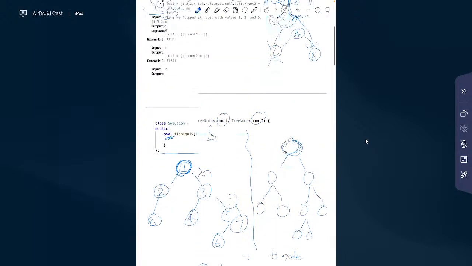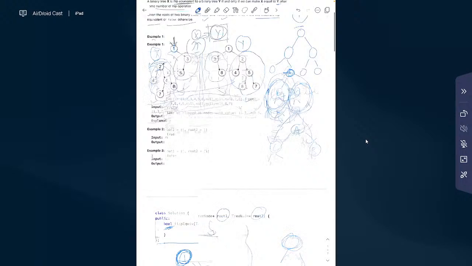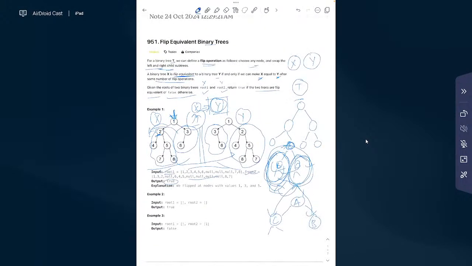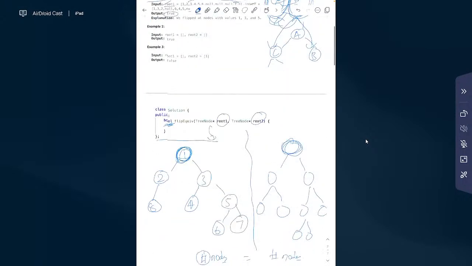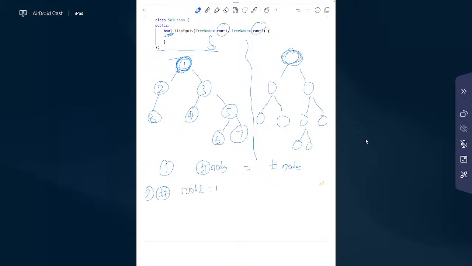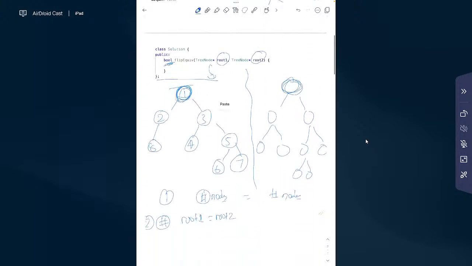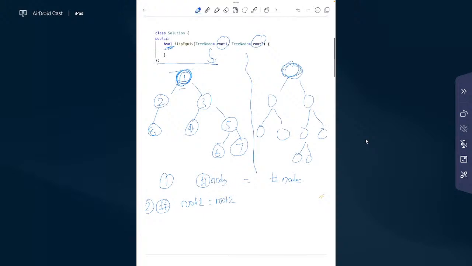Because as we noted here, you can just swap left and right subtrees, right? So basically, you are performing the operation on the parent node. So there is no parent of this node. So the first condition which I drew was the first condition, this is the second condition, that root node of both of them should have same values, right? Root of 1 and root of 2 should be same, so here it has to be 1, otherwise we will just,